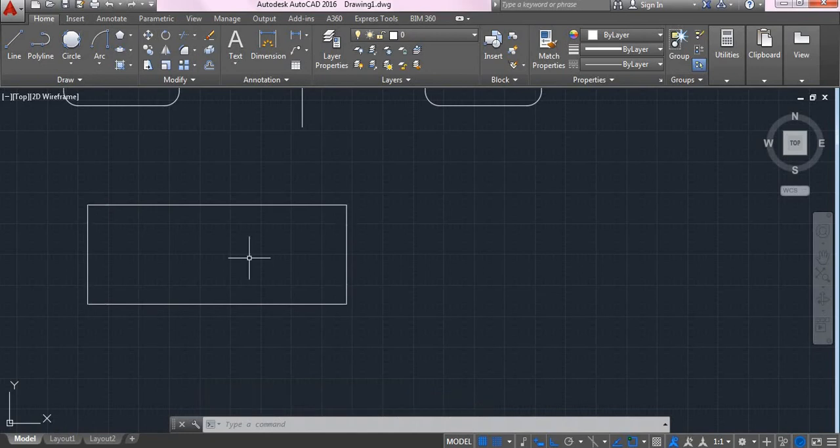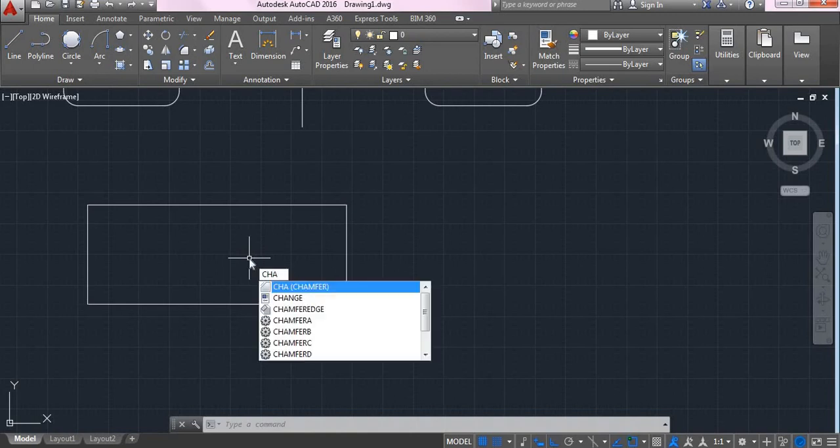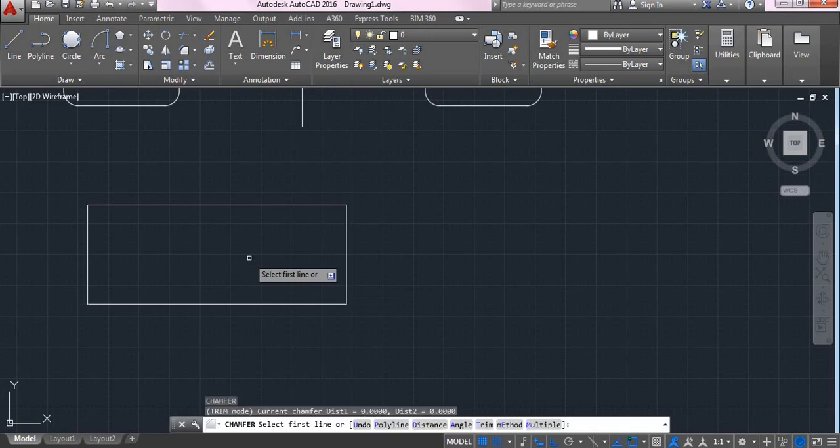And the next command is chamfer command. How to use the chamfer command? Go for chamfer, enter. Here you will be specifying the distance, chamfer distance. It is asking for first chamfer distance.